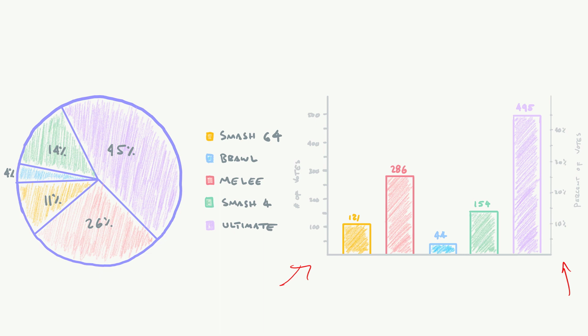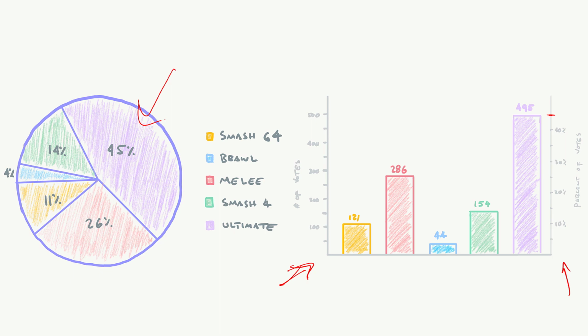The cool thing about bar charts is that you could have a second y-axis that's measuring something different. So in this case, I'm measuring number of votes. That's the standard axis. That's this one. But then I have this other axis that represents the percentage of the whole, right? The percentage of the votes. And you can see it's 45%, right, for Smash Brothers Ultimate. So the same information can be displayed as the pie chart does. And so in this case, the bar chart can be a little bit more versatile and still easy to compare